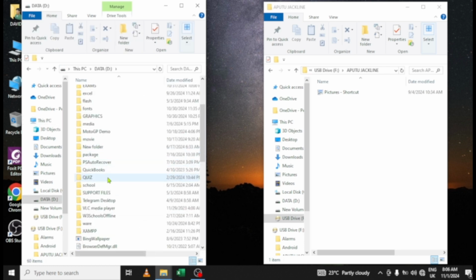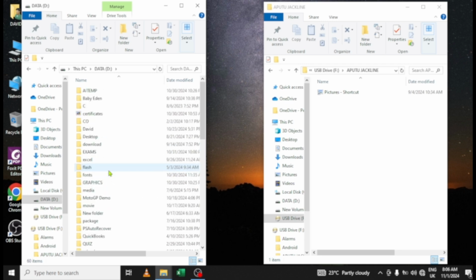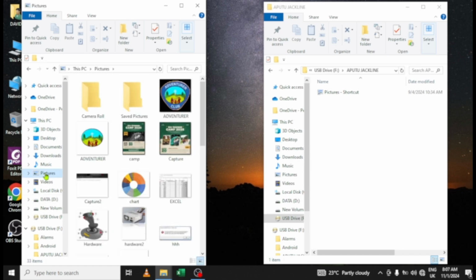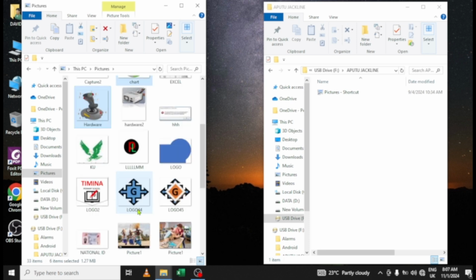Like you can see, I have a lot of photos, but I'm going to use the pictures folder because everyone has some pictures at least in the pictures folder. That is a default folder for the pictures. So what I will do, I will select the images that I want to transfer. I can tap on the first image, hold Control, and I keep tapping on the other images as I wish, and I leave the ones that I don't want. I will scroll and tap until I confirm that those are the images I want to transfer